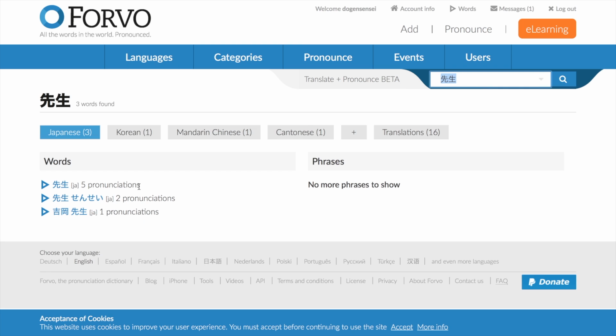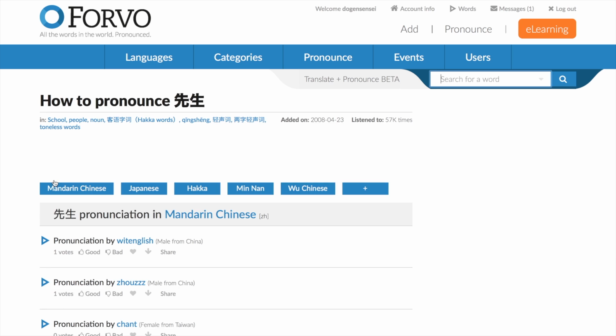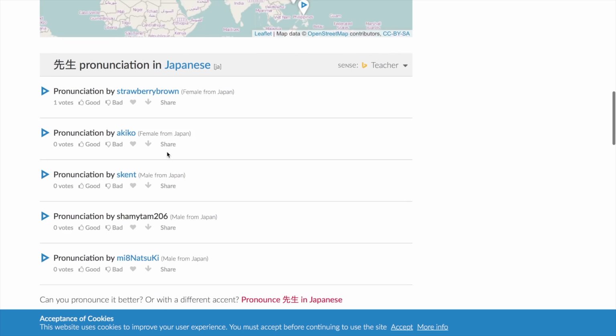Press enter, and we have different links down here. We have Japanese. There was a search result that had both the kanji and the hiragana, and then also it looked like Yoshioka. I'm not sure what this is, but what we want is this Japanese up here. So we're in the Japanese tab, and we're going to click down on the word itself right here.